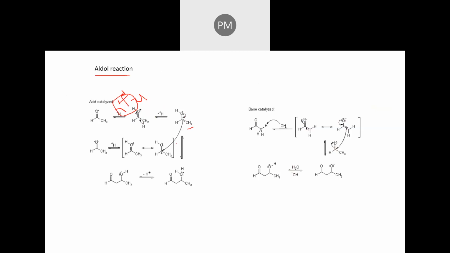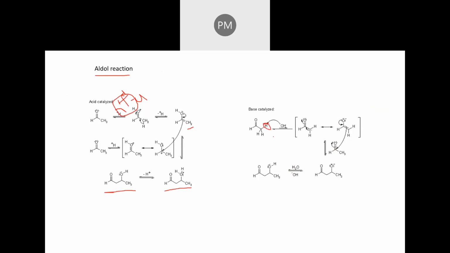When its electron comes back, this CH2 minus will attack another carbonyl center, and finally we get this molecule, and after removal of H plus, we have got this molecule. For the acid catalyst, we have to remember first the protonation happens at the carbonyl center, and for the base catalyst the